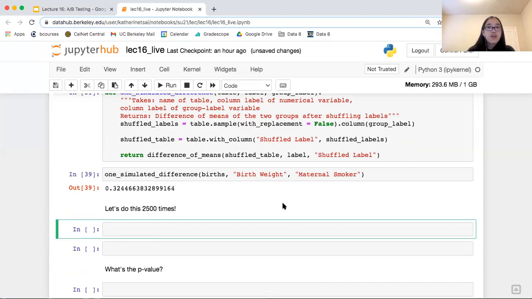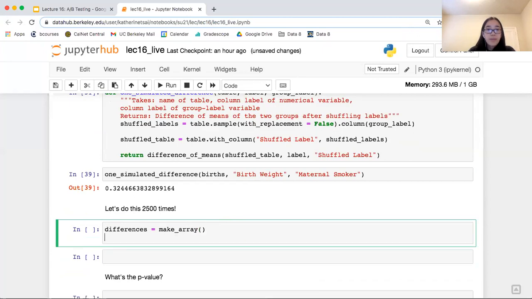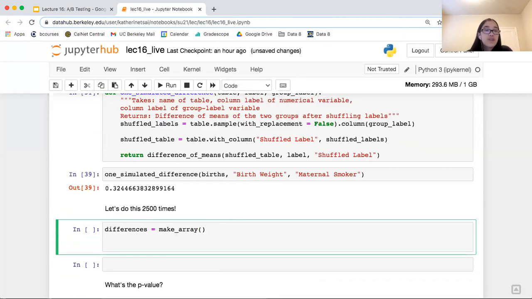So what we're going to do is first, let's just call this differences. Make that an empty array. And now we want to do this 2,500 times, right? So what should we do now?